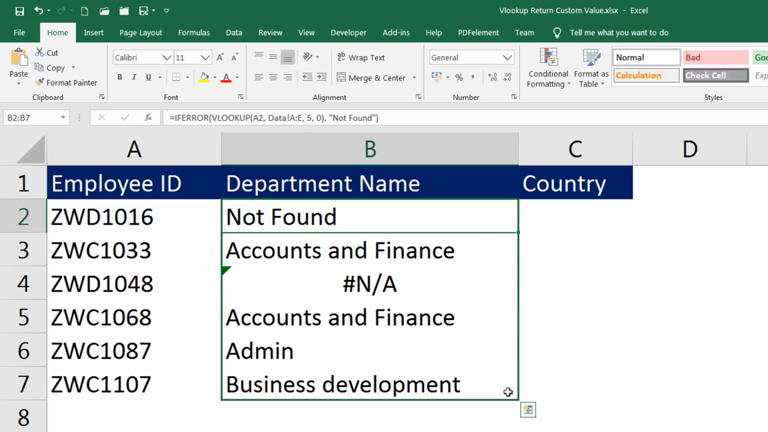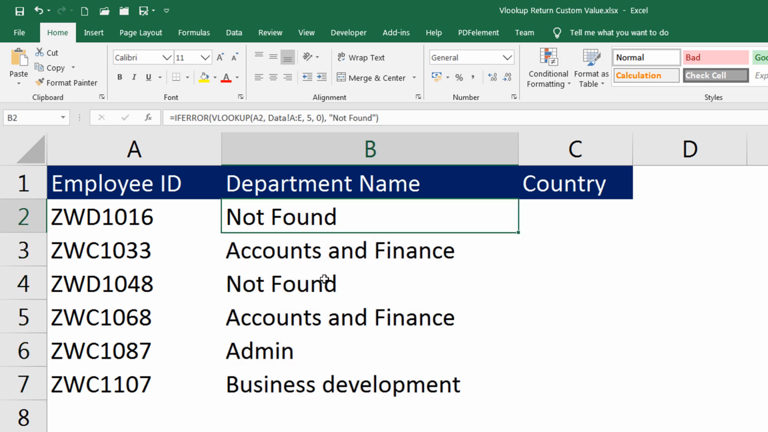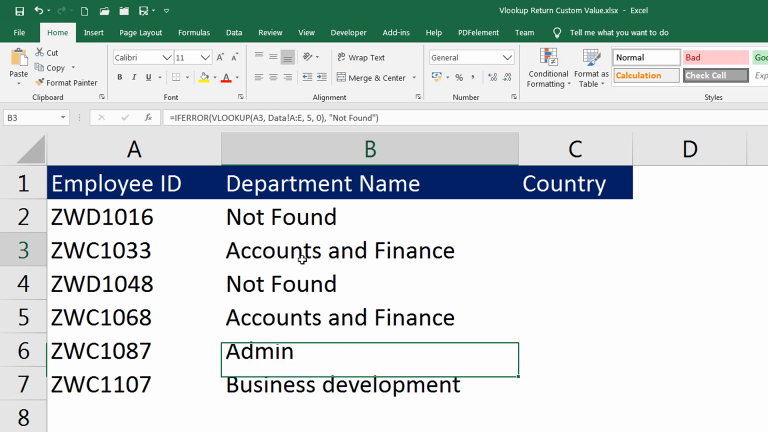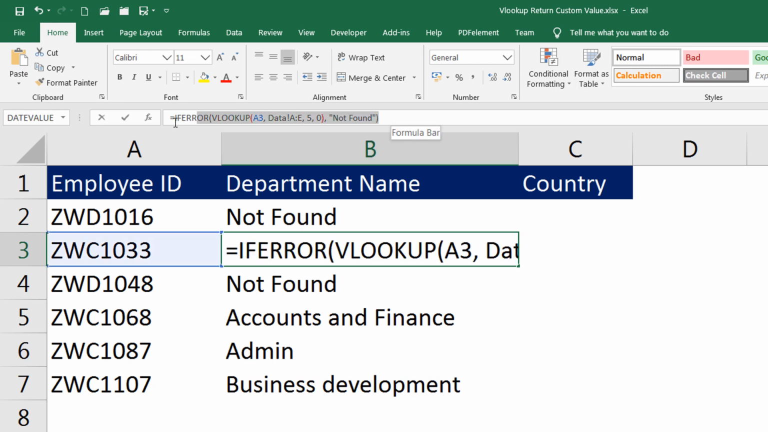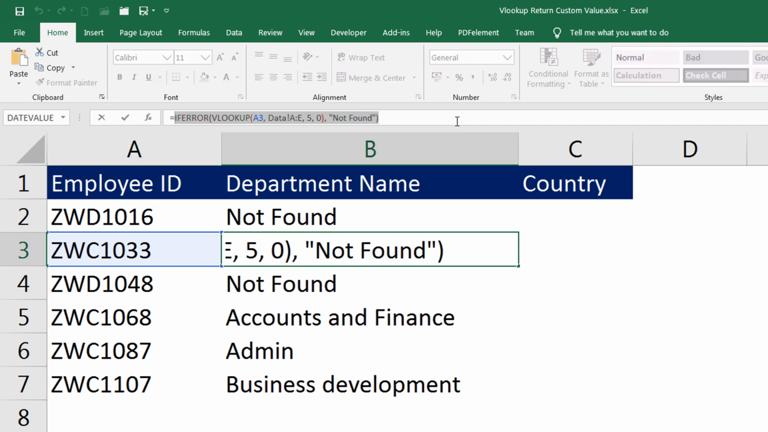If I just drag this down, you see we have 2 values which say not found. But in the place where I found the value, I don't want accounts and finance or the department name. I want it to say something custom. How do I do it? So for that, I will take this entire IFERROR along with VLookup, cut it out by pressing Ctrl X on the keyboard